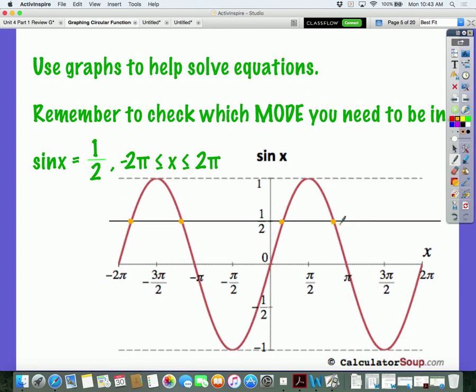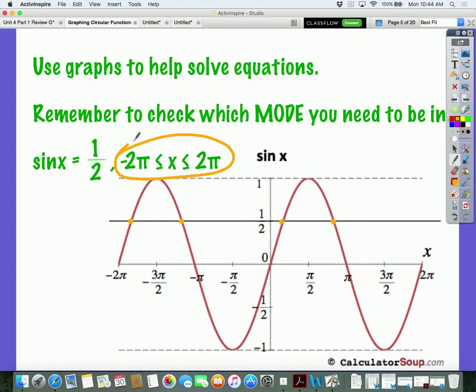So between -2 pi and 2 pi, there are going to be 4 solutions that you would need to write down. And whatever those solutions are, you want to make sure that they're in radians because of this little bit right here. The fact that they gave you your domain in radians, all your answers should be in radians. Now, since this is a value that's on your unit circle, this would be a great time for some practice,